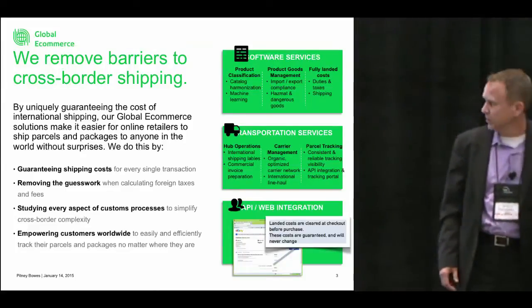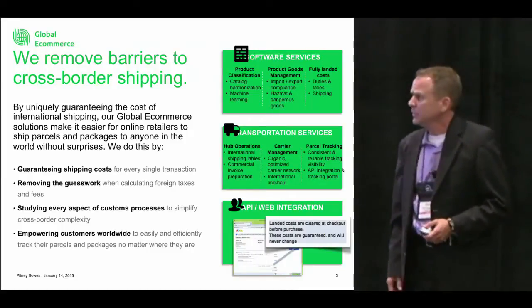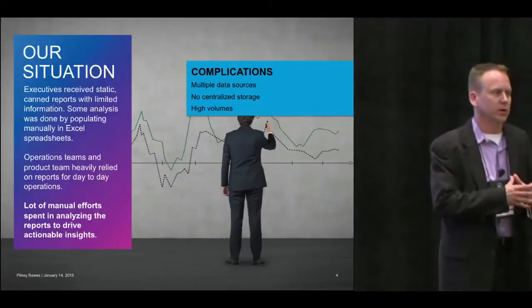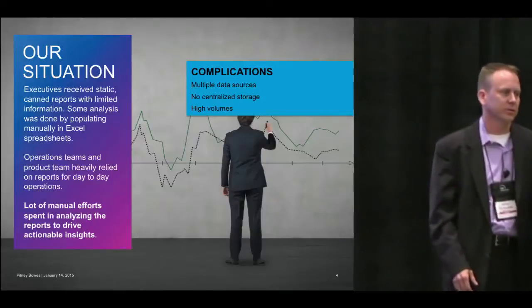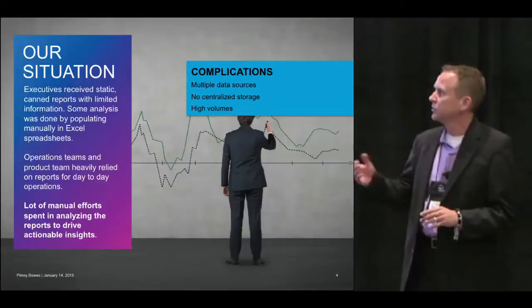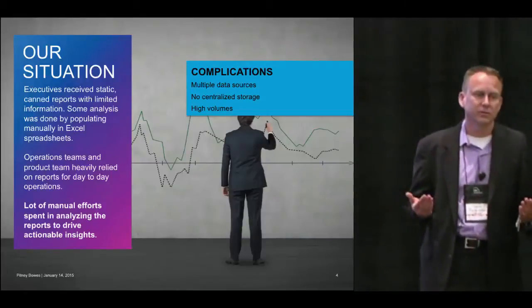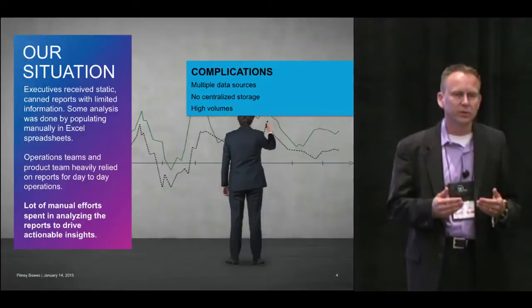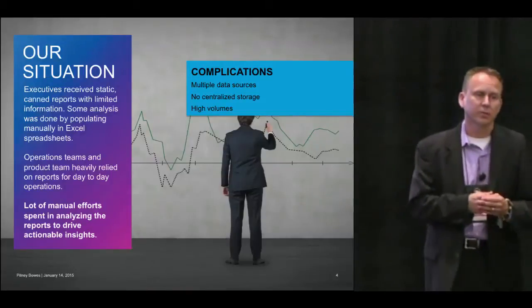Now, what's the challenge that we're facing? Our system is composed of a multitude of separate applications to provide these software services and transportation tracking. Across those systems, there's a multitude of data sources, and the executive team trying to manage the profitability of this supply chain of parcels really is constrained by the reporting, or was constrained by the reporting at the beginning of